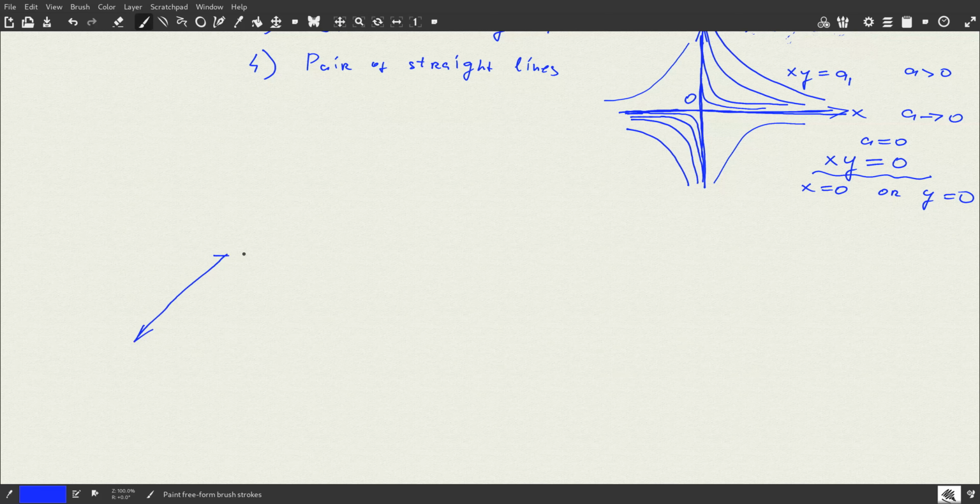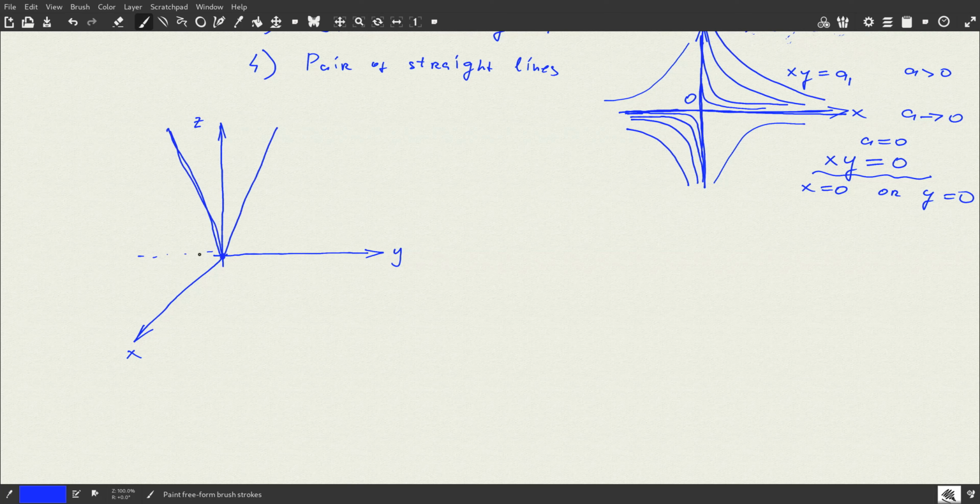So I draw a cone in the original x, y, z coordinate system. Okay, so how would we do it? Suppose that there is a certain cone with the vertex or apex right in the origin,